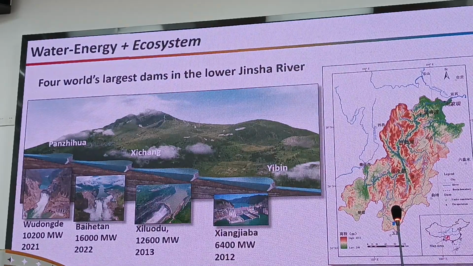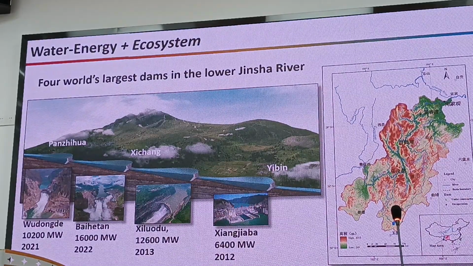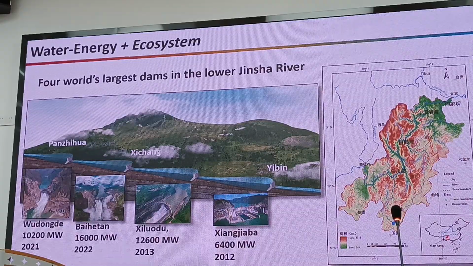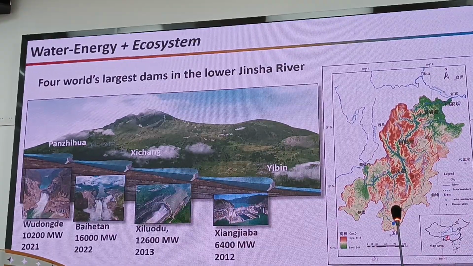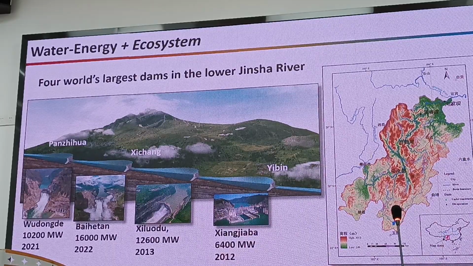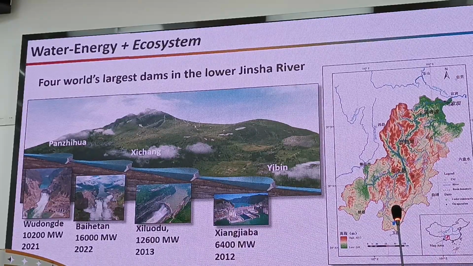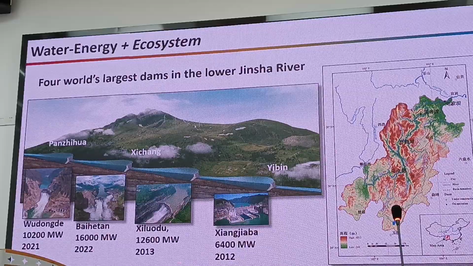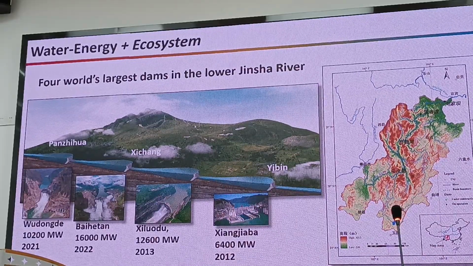So here you will see there are 4 other dams in the upper Yangtze. We call it the Xiangjia. It was completed in 2012, and then Xiluodu. All these 5 dams are around the top 10 of the largest hydropower stations in the world. So currently in the upstream of China, we have 6 of the top 10 hydropower stations in the world, including another one at the lower Yangtze. The Wudongde, Baihetan, Xiluodu, and the Xiangjia. All these are ranked by installed capacity and also by years of impoundment. I'll show you the video.